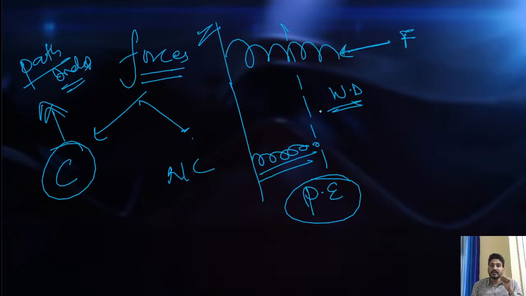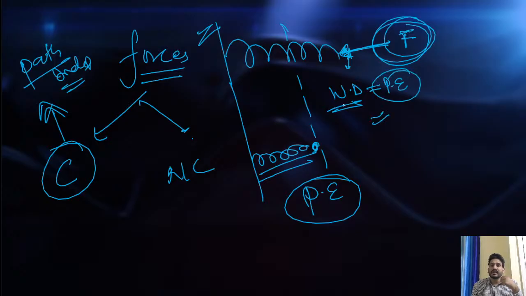Okay, how to check it? Just put some small ball here and just release the spring. The spring will release suddenly and it will give kinetic energy to that ball, right? So this spring force is basically a kind of conservative force. So the work done by the conservative force is always stored, and that stored work done is called the potential energy,